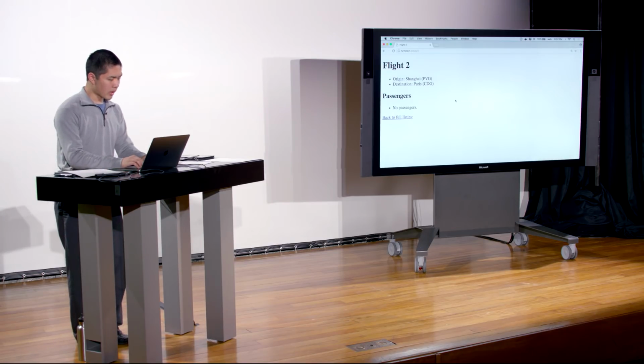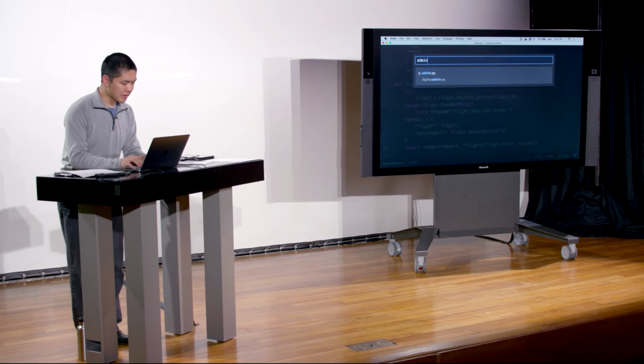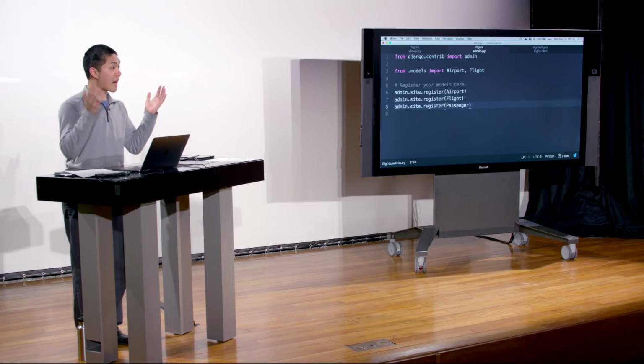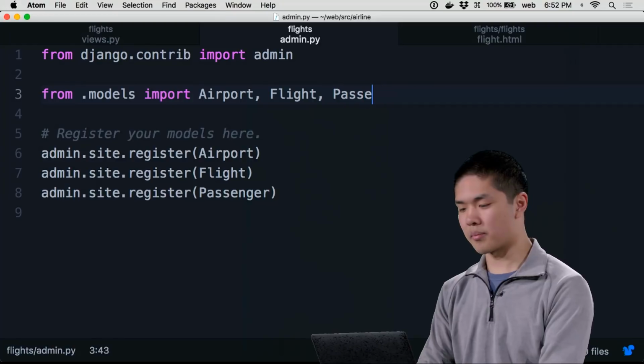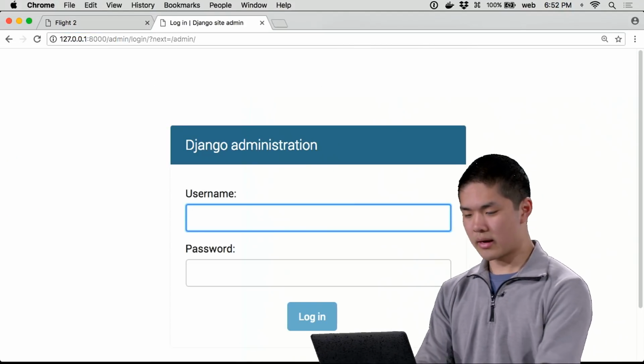OK. One other thing we can do very quickly, just to show you what this is like, is if I go into admin.py and say, you know what, admin.site.register passenger. I also want to be able to modify passengers on my admin site. I'll import that as well, and I go to this admin link, and I log in,